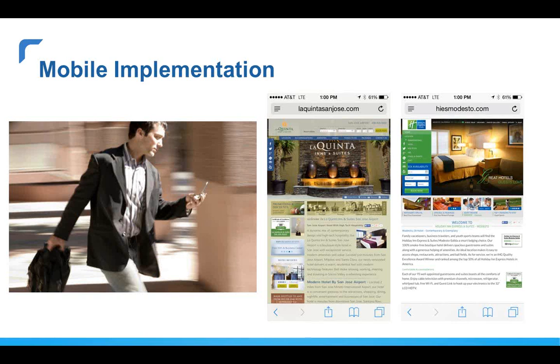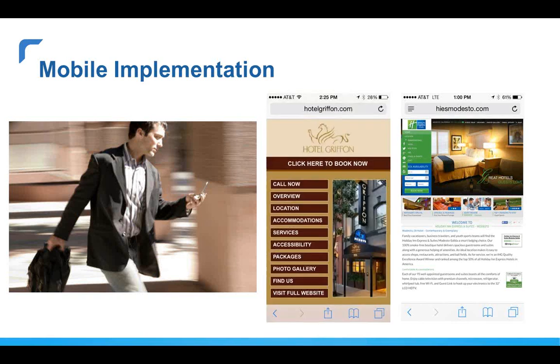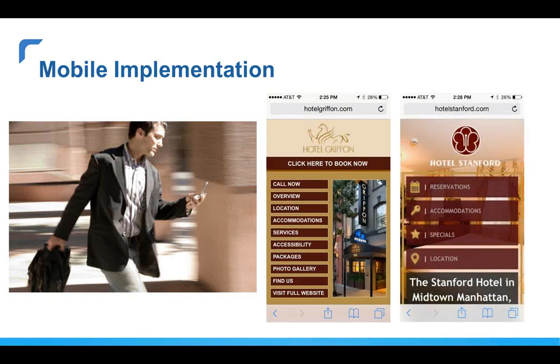Here you see two of our hotels' sites on an iPhone. The pages here look nice and are easily legible. However, some may need to zoom in and out when navigating. These two next examples are mobile sites where you can clearly see that they are easier to navigate and read through. We as a company are actually in the process of developing fully integrated mobile sites, as you see here,